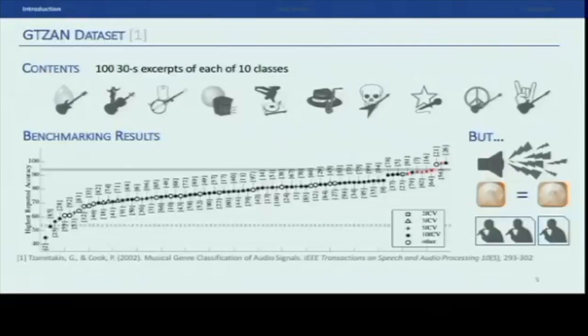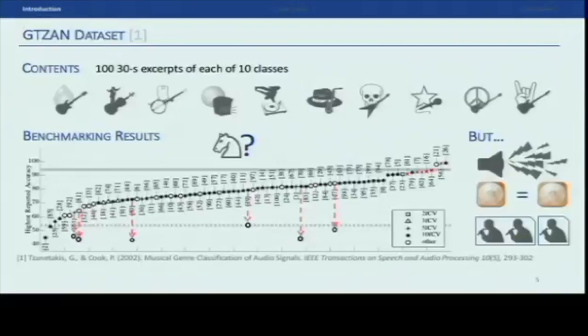Whenever those systems have been reevaluated, taking into consideration those faults, those problems of the data set, in every single case, the performance has dropped quite substantially. That could make us think that these systems are actually somehow horses. They are relying on information that is not important for the task, not important for music genre, in order to drive those super beautiful results.